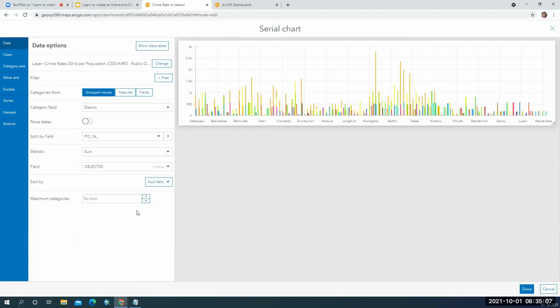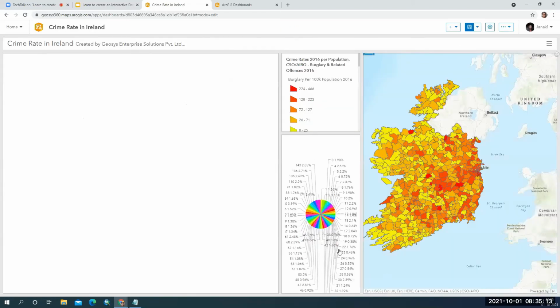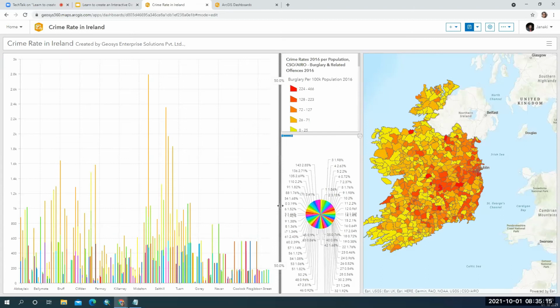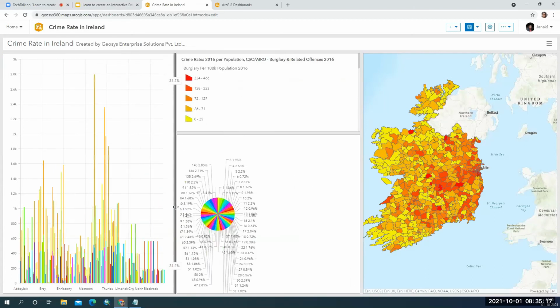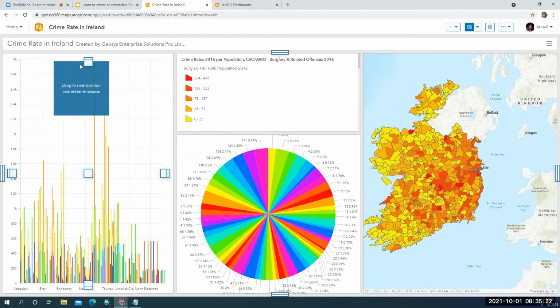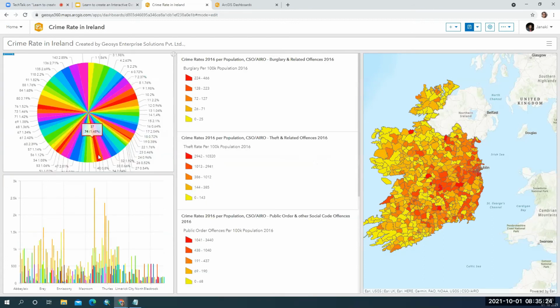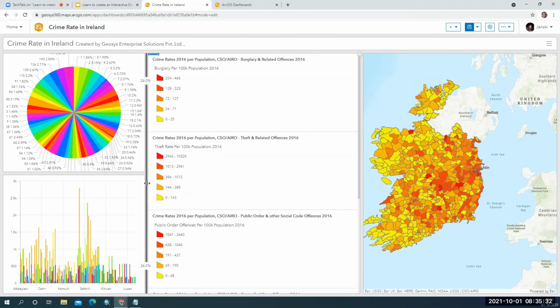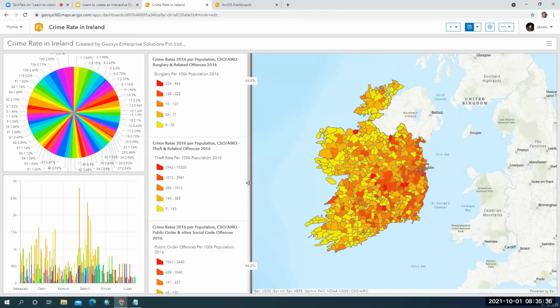Based on the sum value. Okay, I'm clicking on done. I have this information. You can decrease the size as per your requirement.